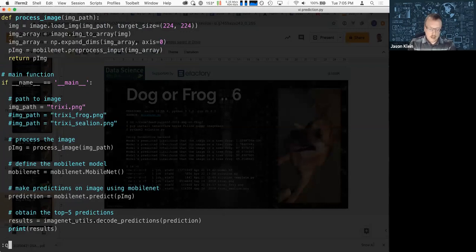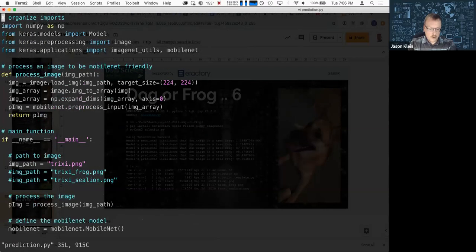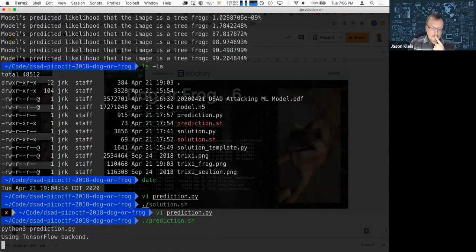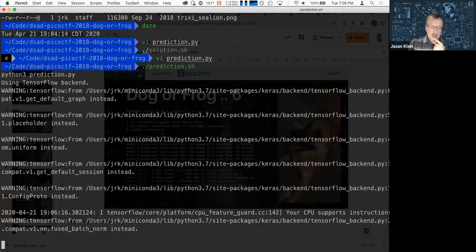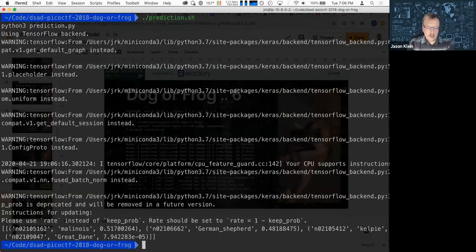So let's run the prediction. Sorry, I'm going to go back into that. Which file are we looking at first? I've got 3 files defined, but the other 2 are commented out. So we're going to run a prediction for Trixie the dog. And you can see that all of this runs pretty quickly, even on a little MacBook. So imagine how quickly people can run these types of things if they have access to any substantial machine learning hardware. In this case, this is the same output we saw from the website. It knew that it was either 51% this dog or 48% this dog.